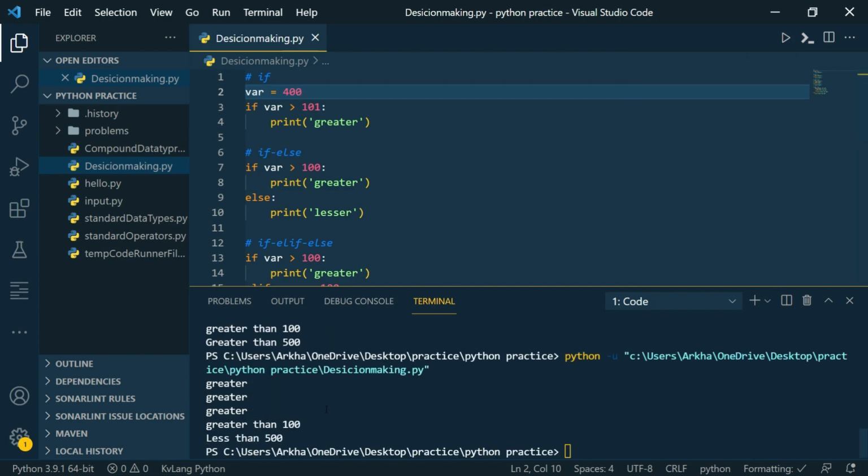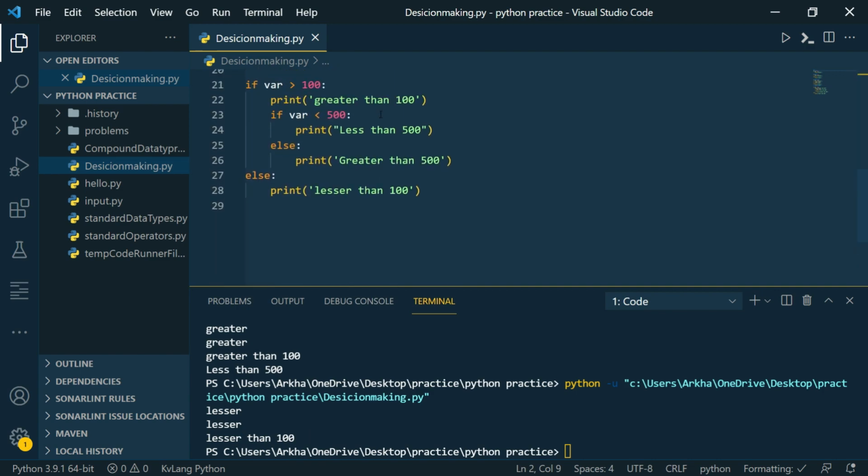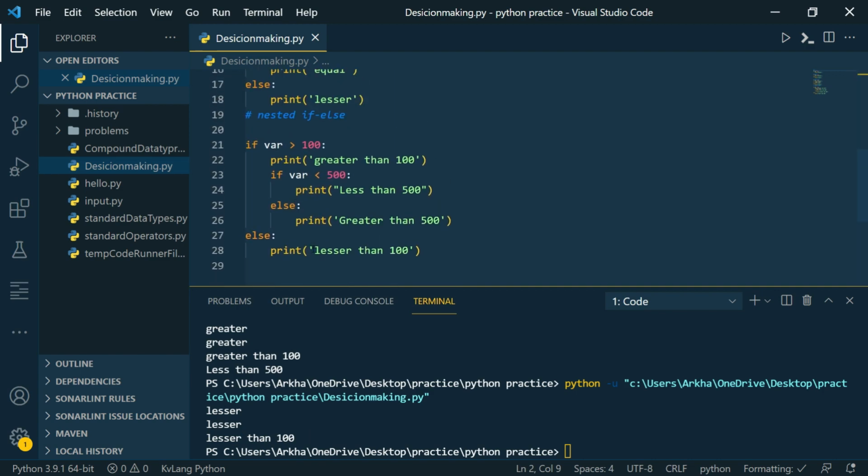As you can see, it is giving greater than 100 but lesser than 500. And let's just give 40. All these conditions will be ignored. We'll just print lesser than 100 as this condition was false.